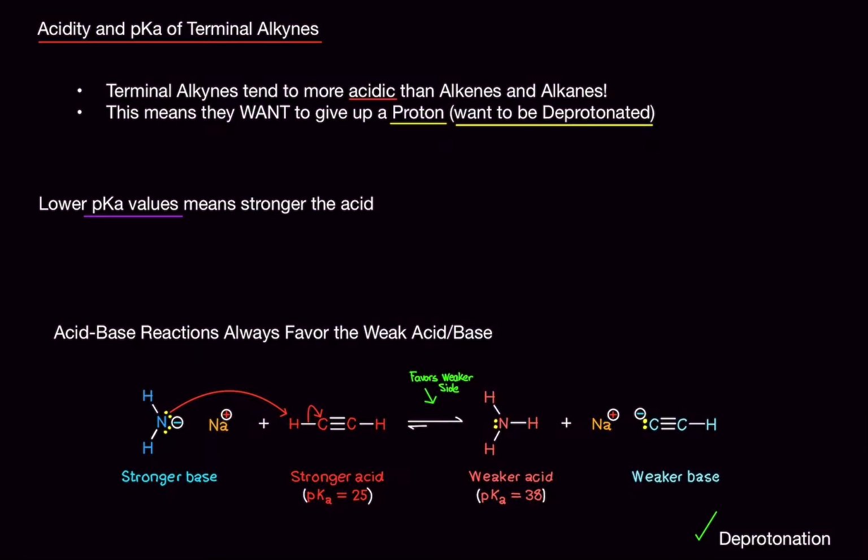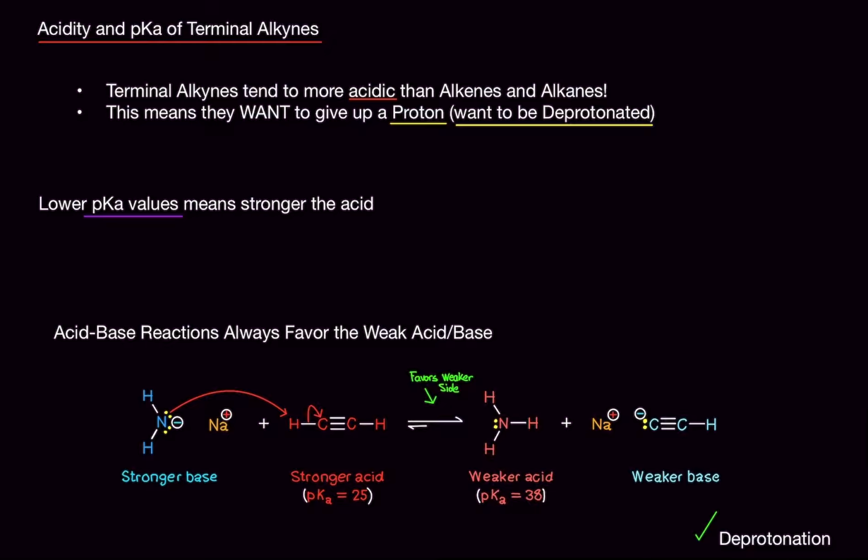Okay, you probably don't care about this too much. Or you probably do. Okay. What I'm trying to get at is when the stronger base deprotonates the stronger acid. So what's happening is the base is stealing the proton for itself, and then it becomes the acid, because now it has an extra proton. So the stronger acid is being deprotonated, so it's being left without a proton, and therefore it's a base. When this happens, the weaker side, whatever pKa value of the acid, if it's higher than the reactants, what you started off with,